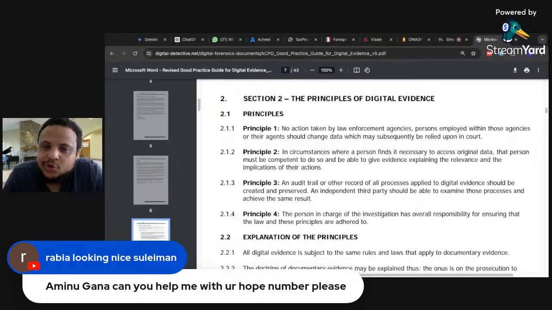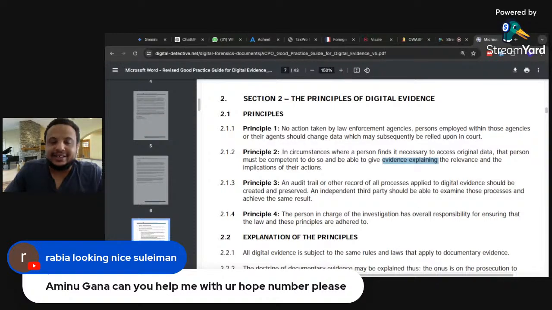But if you are going to actually tamper with the data by doing these actions, you have to, number one, be competent. So there's competence. You need to have the qualification, the certification, and the experience. And also, even if you have the competence, you have to give evidence explaining why you did it. So in your report, you have to say, okay, I switched off this laptop because network was connected to it. This is the proof that network was connected to it, and some particular things or resources or services were still running